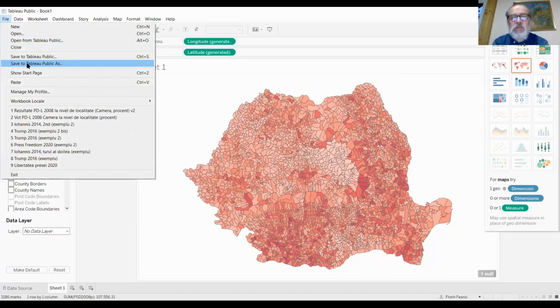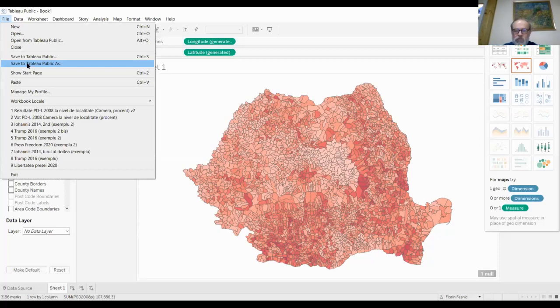First, we save the map on the Tableau Public server. So once you have installed Tableau Public, you can get a Tableau account, which is free.